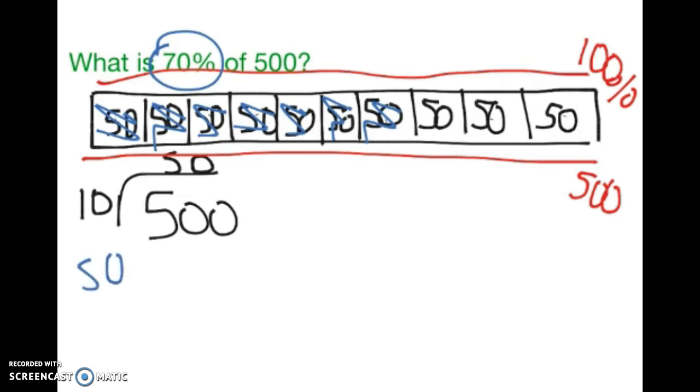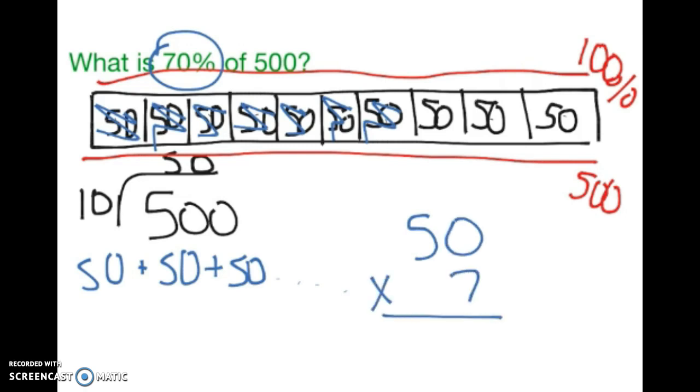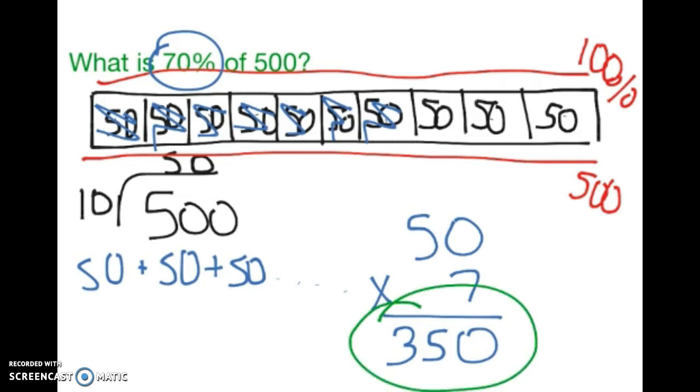We could do 50 plus 50 plus 50, or we can easily do 50 times 7. When we figure that out, we get 350. So 350 is 70%